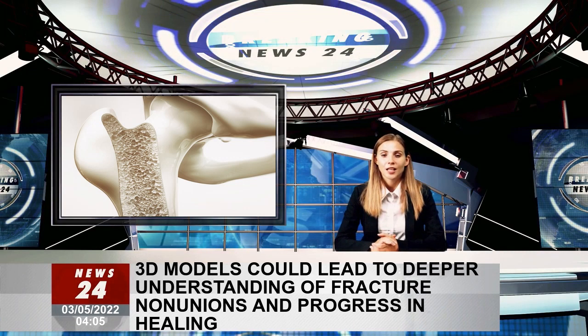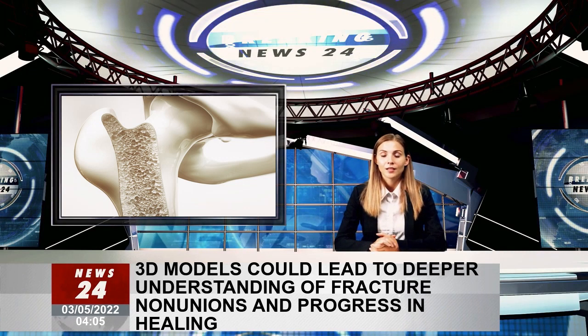When we applied this model to a broken sheep tibia, essentially a sheep's calf, the mechanical